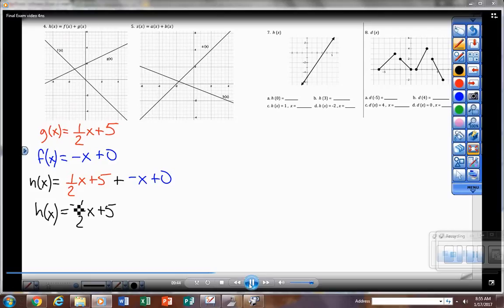So that means when I graph that new line, I start at 5 on the y-axis, but every time I go over 2, I go down 1, over 2, down 1. That is the new line. That is the h of x line, which is the line from both those lines combined together. Draw my line through them, label them,